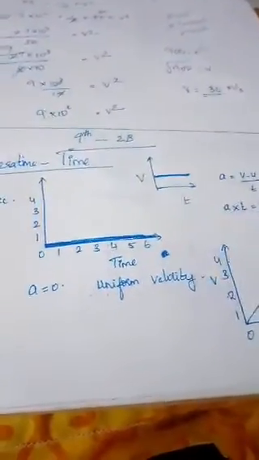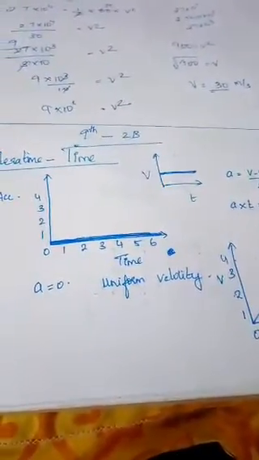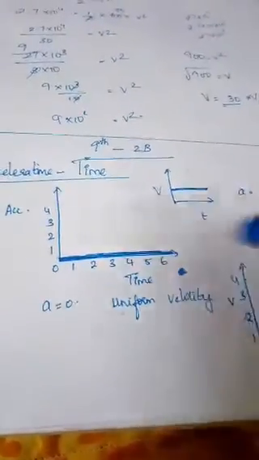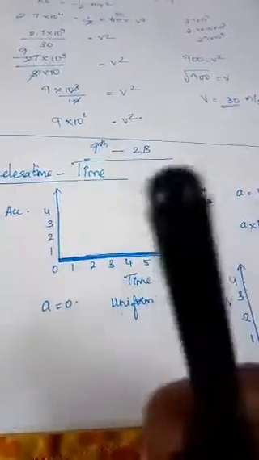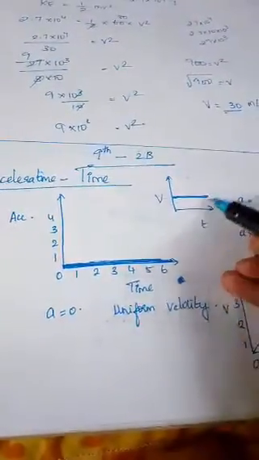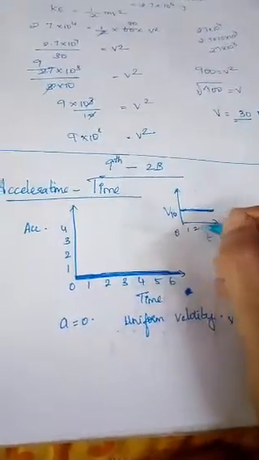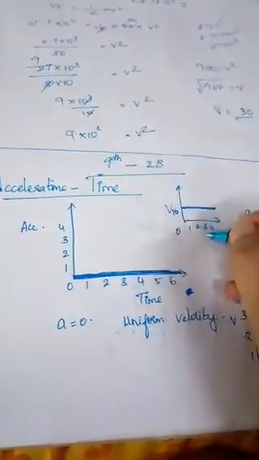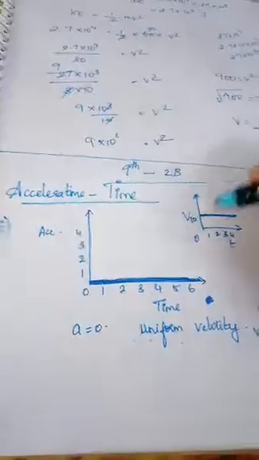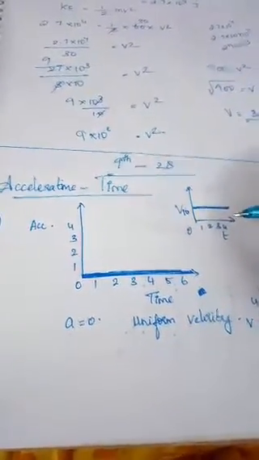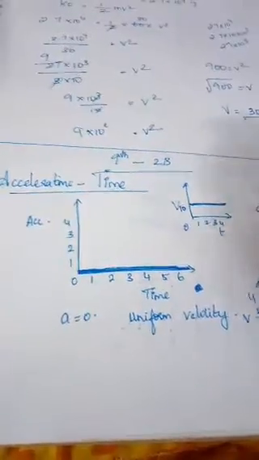Case 1 is if at all you're going to have uniform velocity. If the particle is going to travel in uniform velocity, now look at this graph, an object is traveling with uniform velocity. Let me take the velocity as 10. So for each second it is going to travel with a uniform velocity of 10. So when the velocity is uniform, is it possible for you to have an acceleration? No. The answer is no.